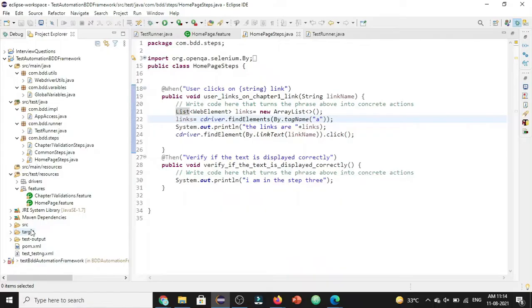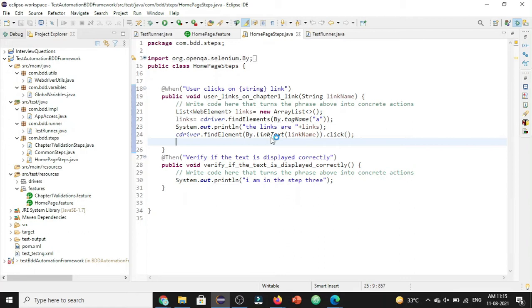So far we have seen how to design a test scenario in the feature file using the Gherkin language, and also how to implement the designed test scenario using the step definition files and how to run the test using the test runner file. And apart from that, we have also seen a few other util files, like creating global variables and WebDriver util files, and the app_access.java file for accessing the application. In today's video, let's try to implement the page object model in our framework.